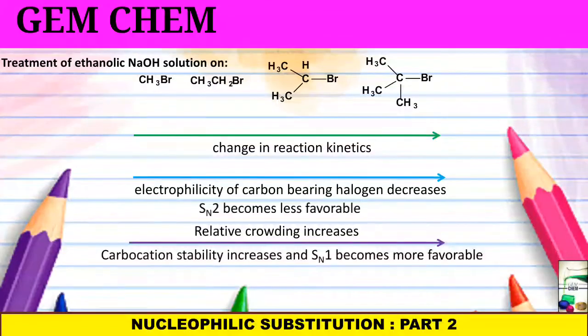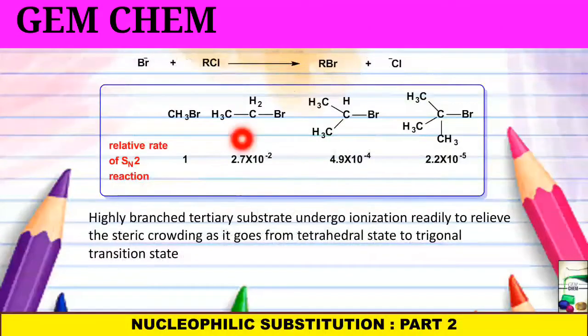Next, we see that carbocation stability increases as we go from left to right, which indicates that SN1 becomes more favorable, right? As there is an increase in the plus I effect, the hyperconjugation also increases, as a result of which SN1 is expected to be more favorable in this direction, because carbocation stability is gained and backside attack is not possible.